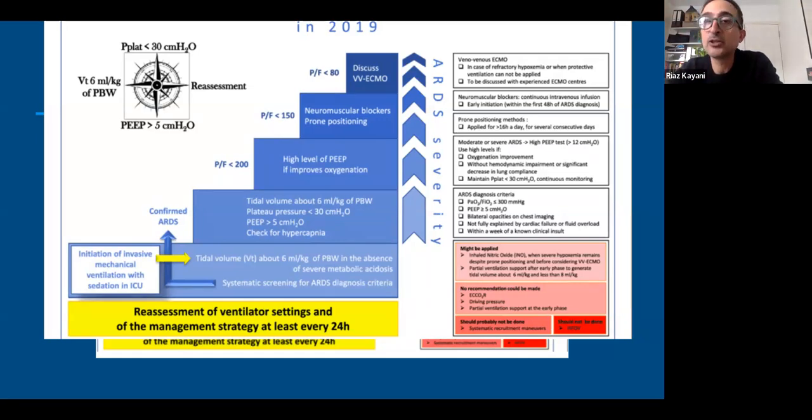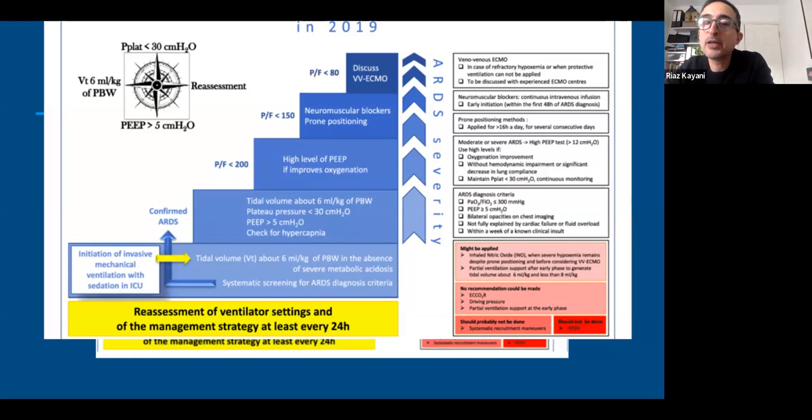And so you'll find, particularly when I started, we used to use lower PEEPs than we use now. We're quite comfortable using PEEPs of 8 to 10 and 12, and that allows us to keep the lung open. There's a direct relationship, obviously, between PEEP and oxygenation. I'm not going to go into the science of that too much at the moment, but if you wanted to, we can at a later date.